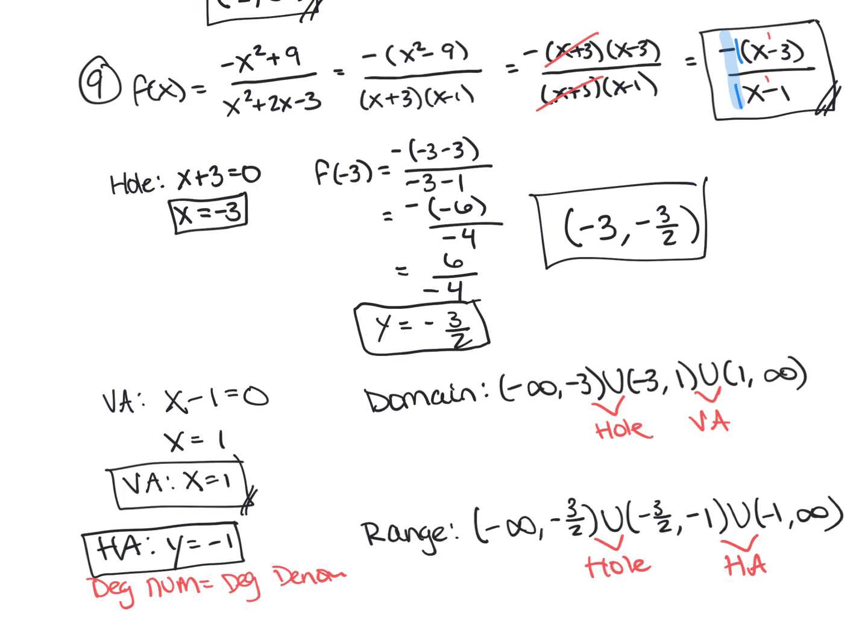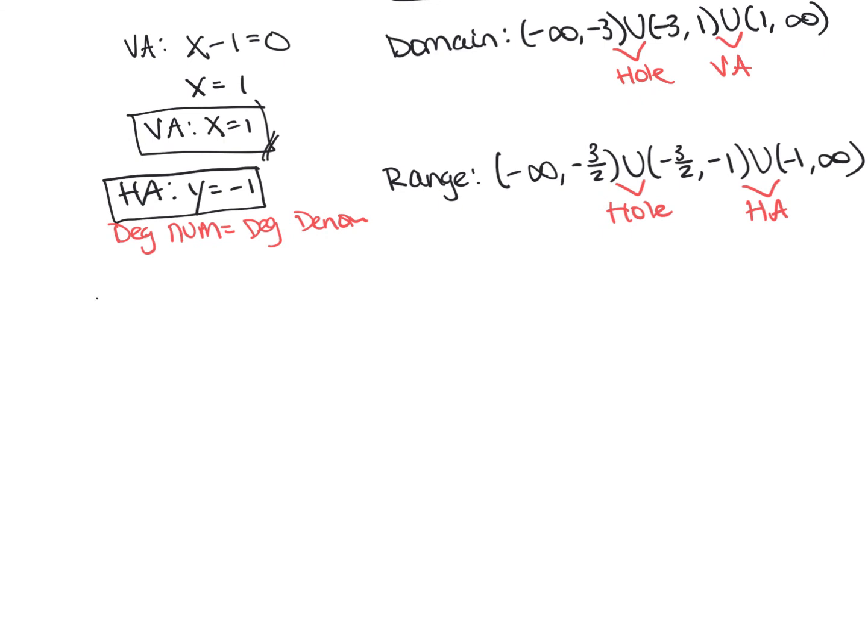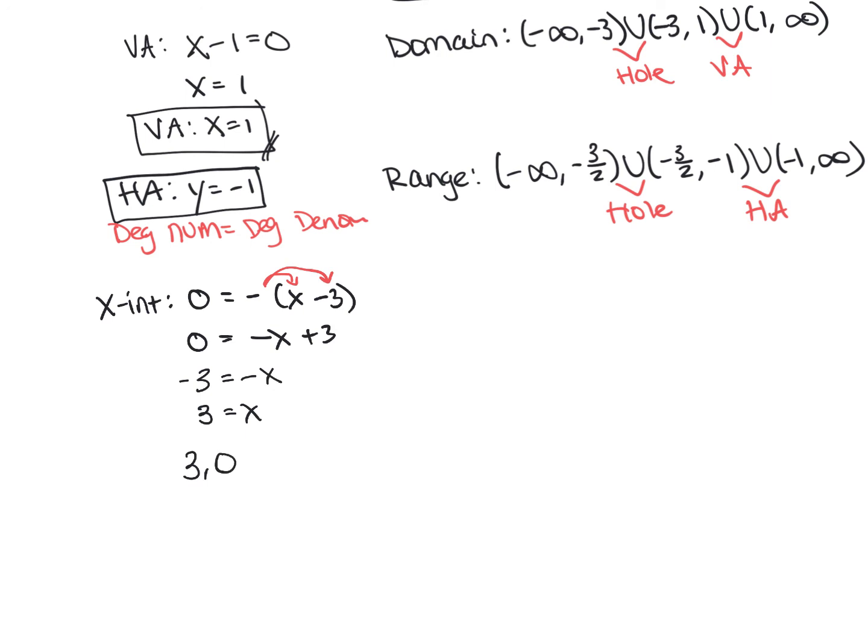So this is almost all of our features. The last thing we need to do is find our x and y intercept. So for the x-intercept, set the numerator equal to 0 and solve. So if 0 is equal to a negative, x minus 3, I'm going to distribute this negative, or -1, in here. So we get 0 is equal to -x plus 3. I'm going to subtract 3 on both sides and get -3 is equal to -x. And divide both sides by -1, or multiply both sides by -1 and get x is equal to 3. So my x-intercept is going to be at 3,